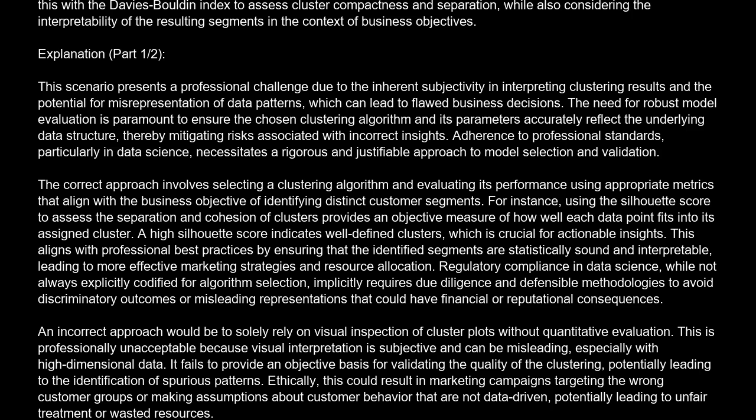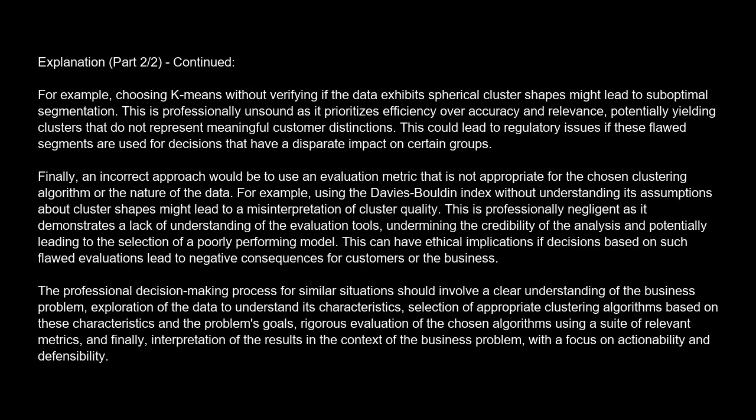Another incorrect approach is to select an algorithm based purely on computational speed without considering its suitability for the data's inherent structure or the interpretability of the resulting clusters. For example, choosing k-means without verifying if the data exhibits spherical cluster shapes might lead to suboptimal segmentation. This is professionally unsound as it prioritizes efficiency over accuracy and relevance, potentially yielding clusters that do not represent meaningful customer distinctions. This could lead to regulatory issues if these flawed segments are used for decisions that have a disparate